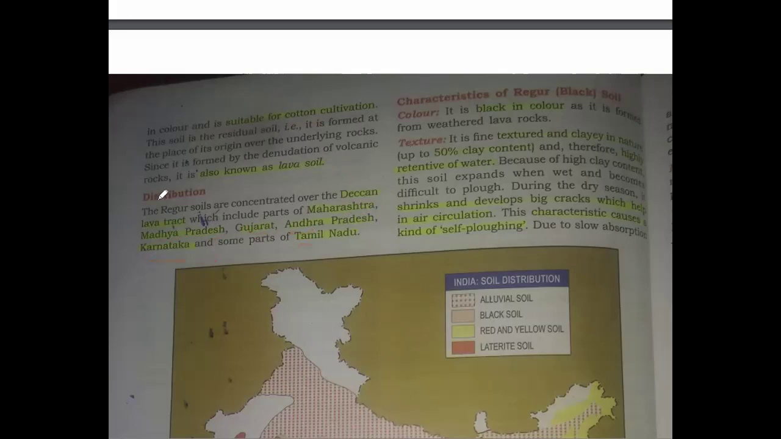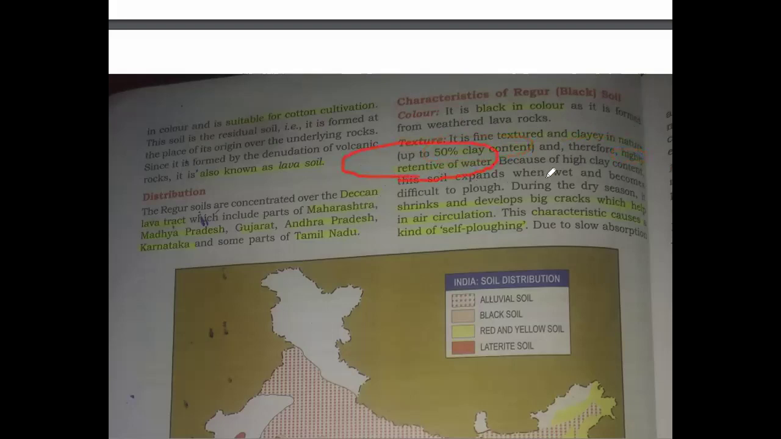So you've got to remember this because they can ask you MCQs. Characteristics: color, texture, and minerals. The color is black. That's it. It is formed from weathered lava rocks. Important texture: it is fine-textured and clayey in nature, with up to 50% clay content, therefore highly